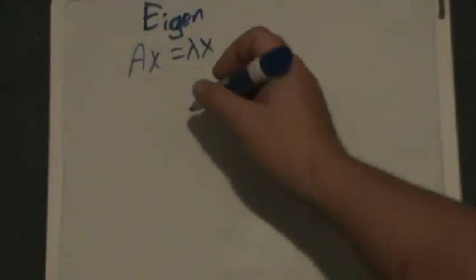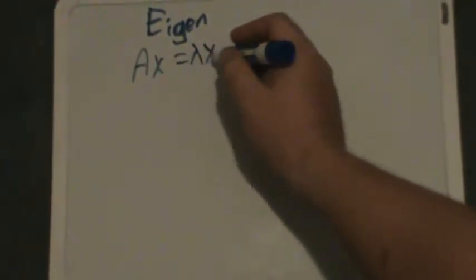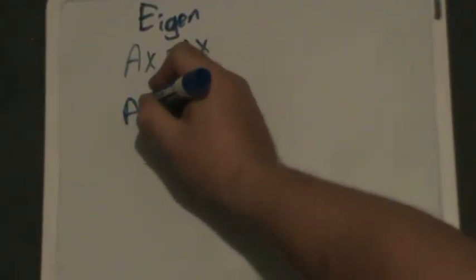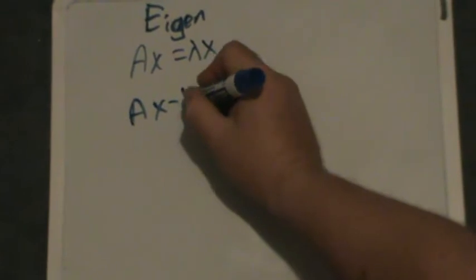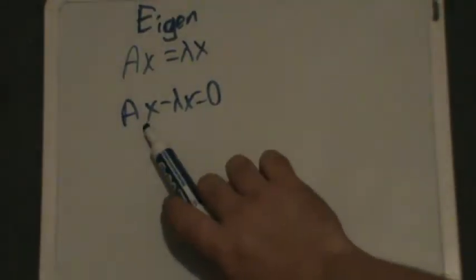Well, we've seen so far that bringing everything to one side often does have some big advantages, because we can write things in terms of what we call null space vectors. So we're going to pull this to the other side, and I've got Ax minus lambda x has to equal 0. So I'm actually looking for when something that is innately not 0, happens to cancel out. That's what we mean by a null space. It ends up giving us null, or 0.